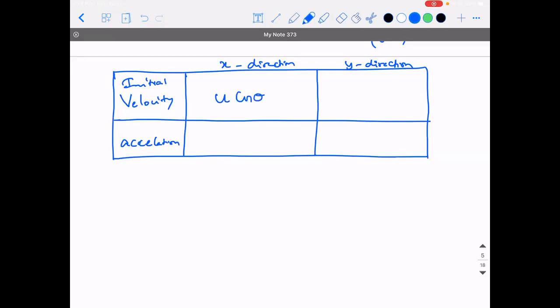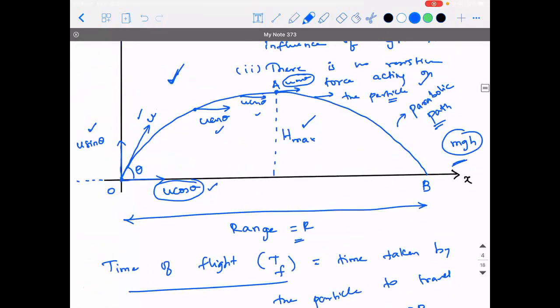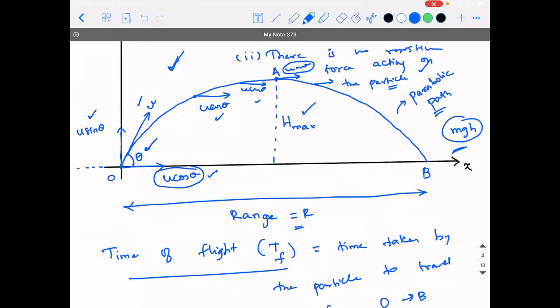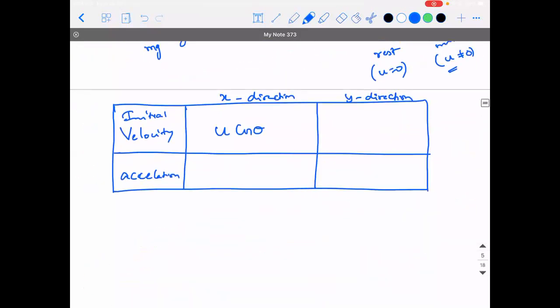One important point to be noted here is that you call the horizontal component u cos theta. That is there in most of the books, because the angle in every book is taken with respect to the horizontal. But in problems, sometimes they can twist and take the angle with respect to the vertical. At that time, every formula will get changed. So please be careful about how the problem is being asked. So the initial velocity is u cos theta, and the initial velocity along the vertical direction is u sin theta, and both are positive. Why am I calling it positive? Because one is along the positive x direction, the other is along the positive y direction.